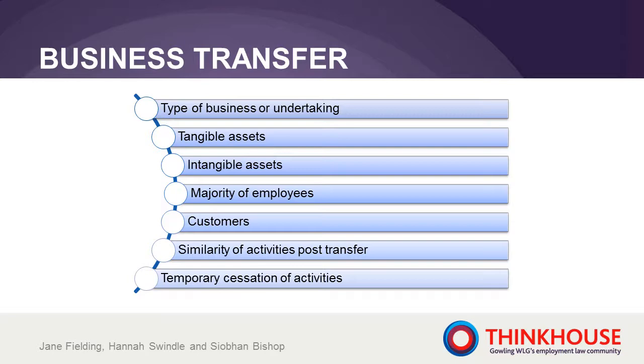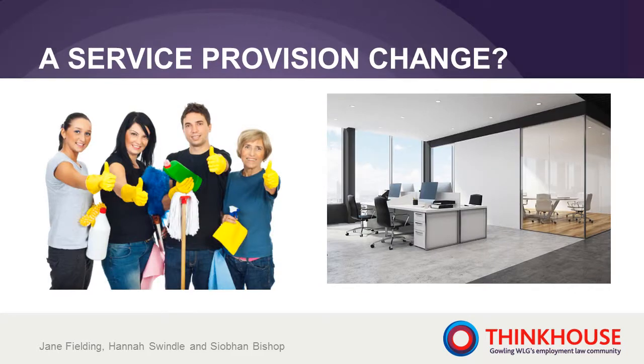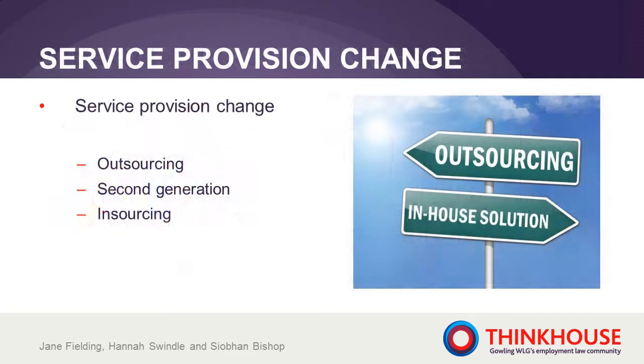So I'm now going to hand over to Hannah, who's going to talk about the second limb of service provision change. Thank you, Jane. A service provision change under Regulation 3.1b of TUPE can apply in three circumstances. So the first is where you've got an outsourcing of activities from a client to a supplier. So where the client stops providing activities on its own account and the supplier provides them for the client going